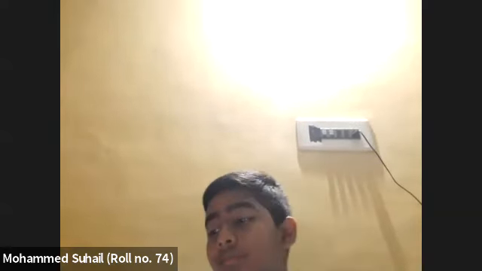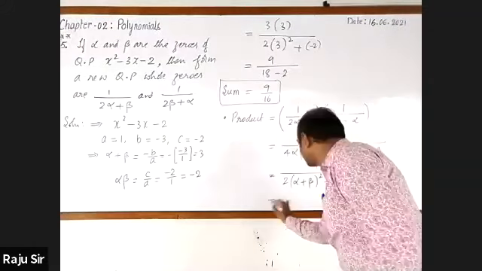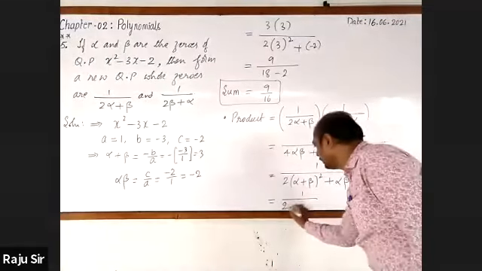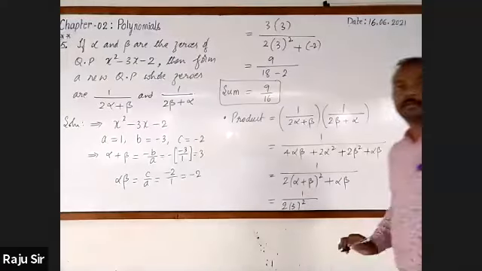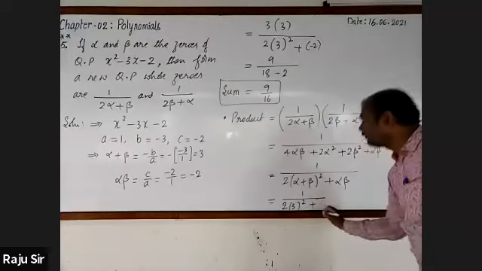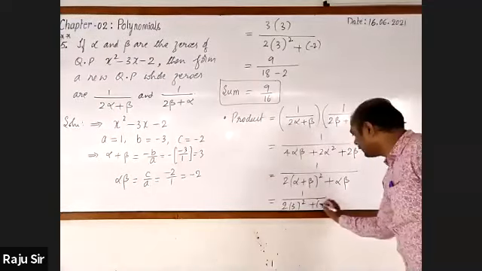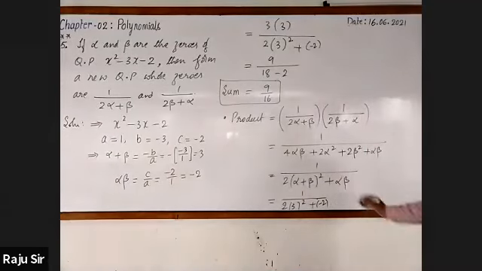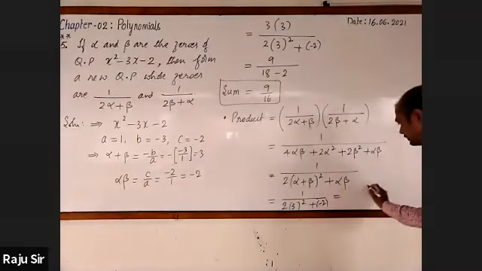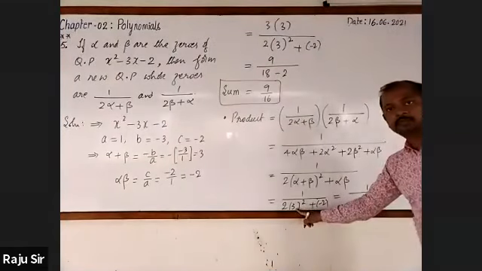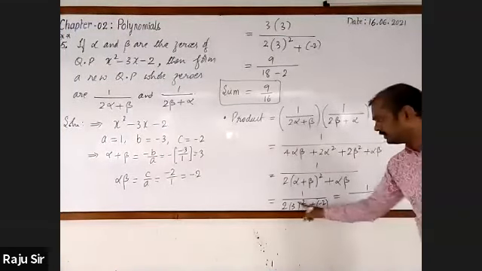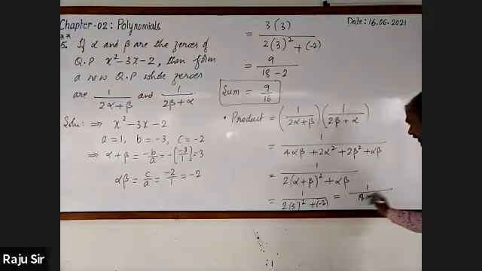Yes, sir. Okay. Now you may substitute. It is equal to 1 by 2 into where alpha plus beta is 3 whole square plus alpha into beta, it is minus 2. Let me continue that here only. It is 1 by 3 whole square is 9. 9 twos are 18. Then plus into minus, minus 2 ones are 2. It will be 1 by 16.